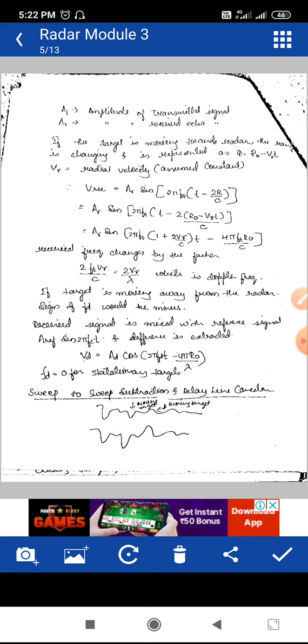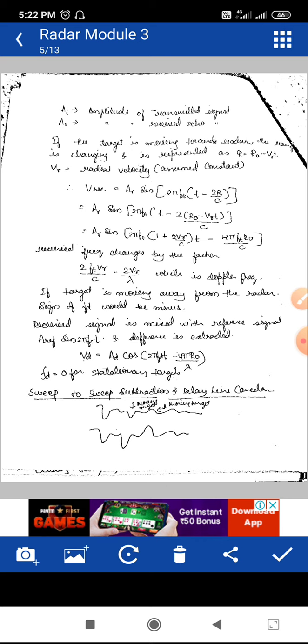On the other hand, if the sign takes on the value plus or minus 1, the sign of the clutter echo amplitude can be minus as well as plus. An echo signal from a moving target results in a time varying output, which is the basis for rejecting the stationary clutter echoes but allowing the moving target echoes to pass. Now when we get this difference signal, a sweep to sweep subtraction is done with the help of a delay line canceller.